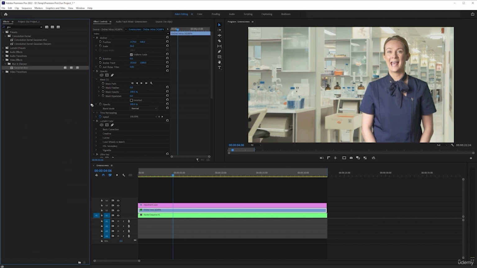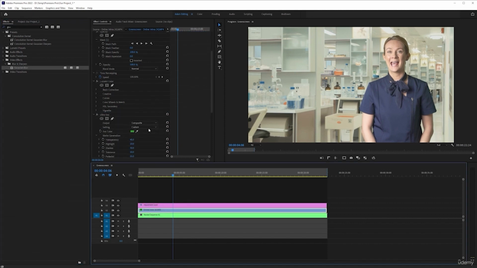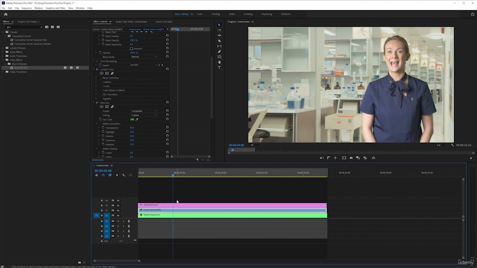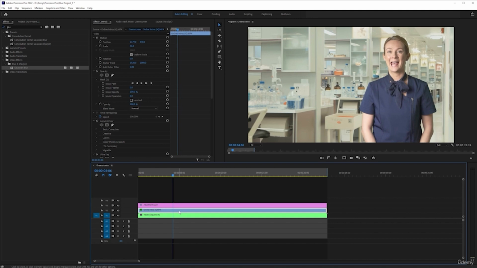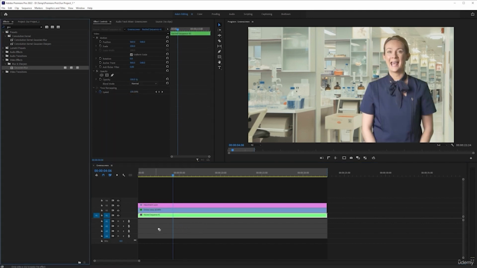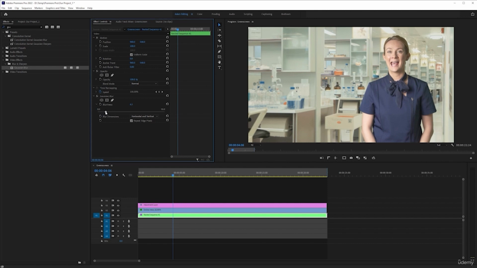In the effects, drag that and put that onto our background. Now we don't need a lot of this. We really don't need a lot of this. In fact, no, we put it on the wrong thing. We put it on her. We're going to put it on the bottom layer. Sorry, this is the nest. And we don't need much, just the tiniest little bit, just to help sell it. See how we're just blurring that out? If I went all the way up, we'd be like, what's the point? But if we blur it out just ever so slightly,